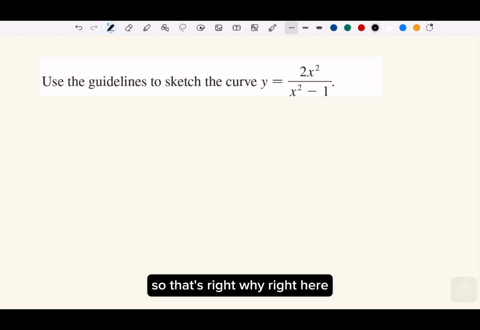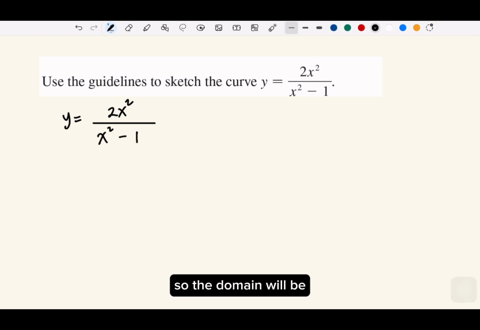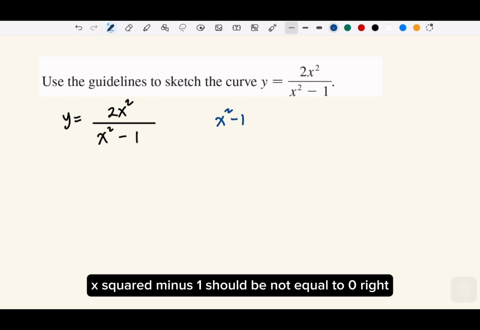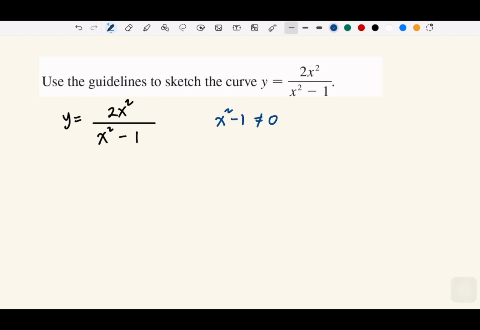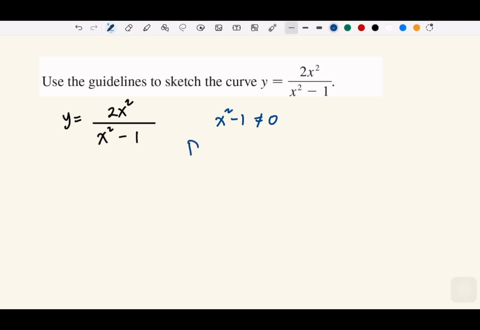So let me write here. The domain will be x squared minus 1 should not equal 0, right? Agree, right? So domain is